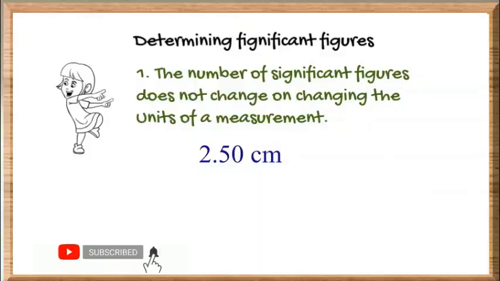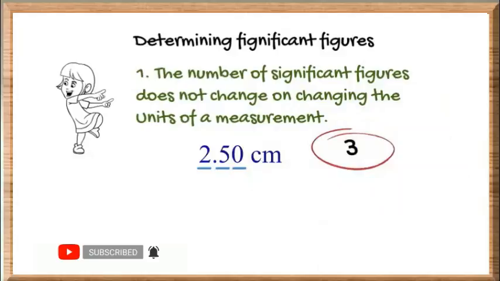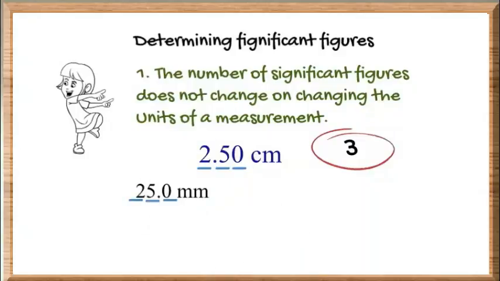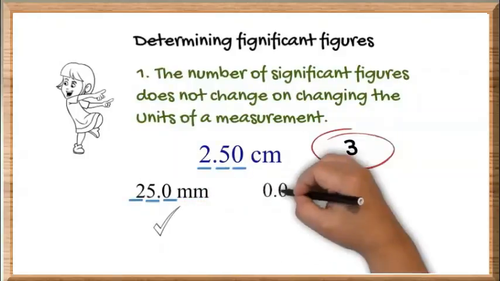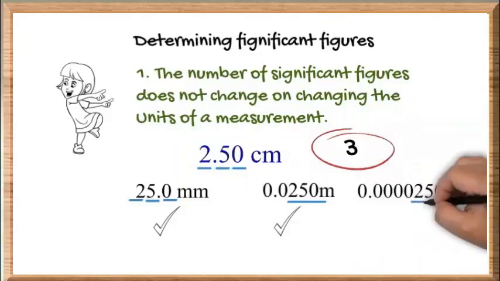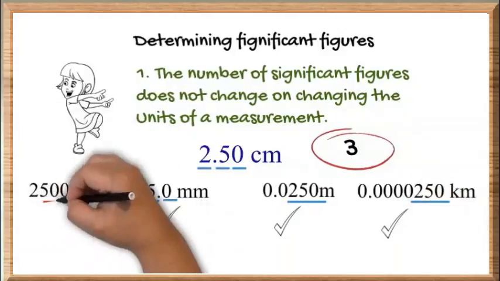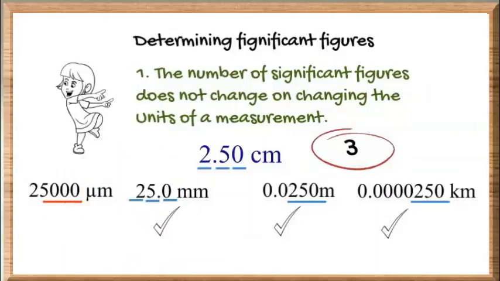Significant figures over here are 2, 5, 0, which means there are three significant figures in this measurement. Let me first convert it into millimeter. The significant figures are 2, 5, 0, so it remains 3. Let me convert into meter. Here the significant figures are again 2, 5, 0. Now if I convert the same measurement to kilometer, again the significant figures do not change. If I convert into micrometer, it will be 25,000 micrometer, and the significant figures will not be 3,